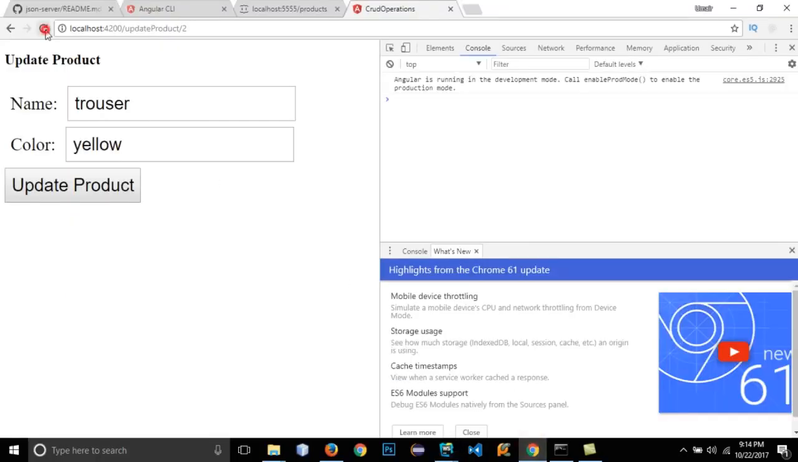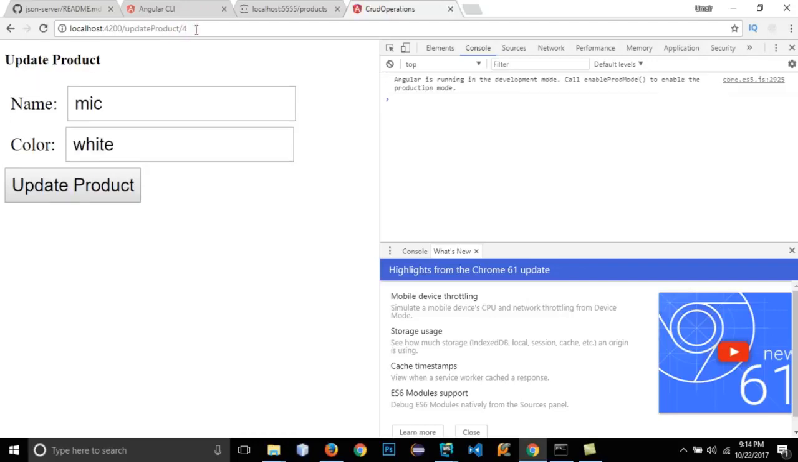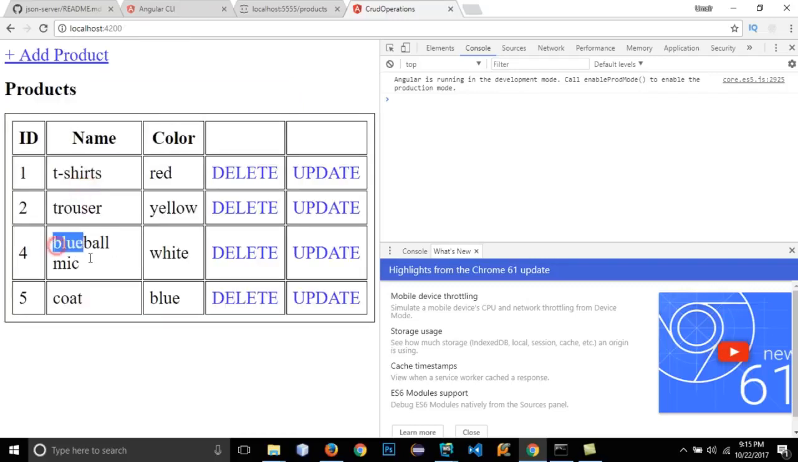So go reload it, to exist, so there is no message. Let's add a 3. This product doesn't exist, so product doesn't exist. Let's add 4. No message because product exists. So let's add mic, blue ball mic, update. So blue ball mic, that has been updated, and we can have a delete functionality,